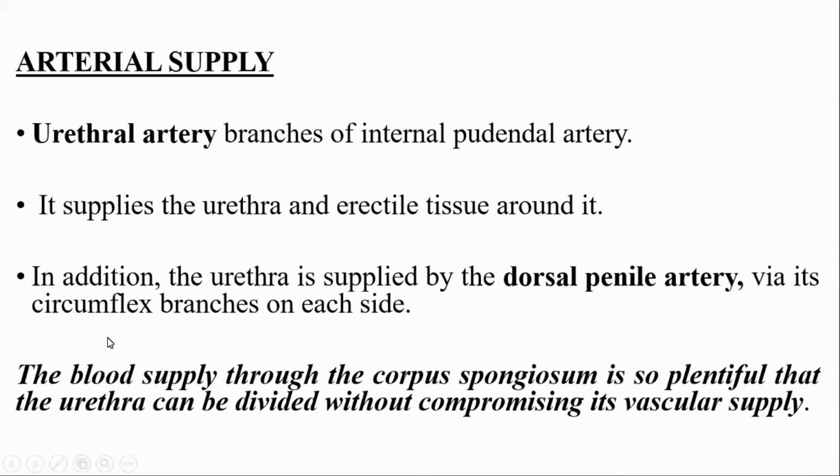This is important. The blood supply through the corpus spongiosum is so plentiful that the urethra can be divided without compromising its vascular supply. So it has very abundant blood supply. Right? Now venous drainage